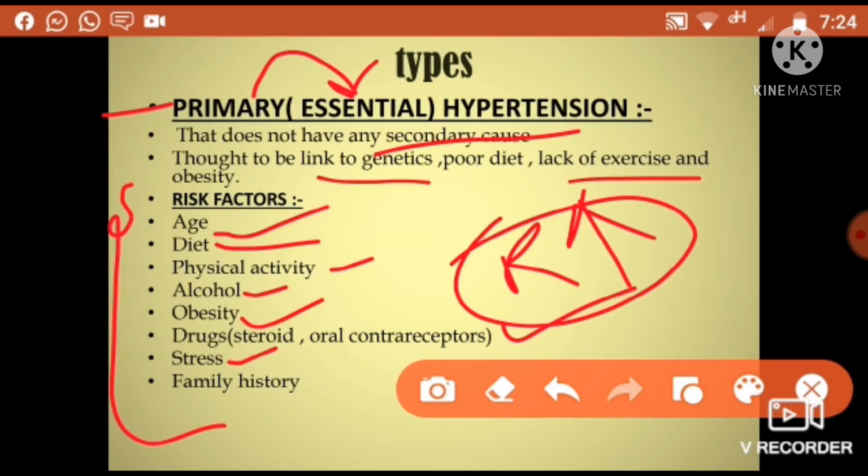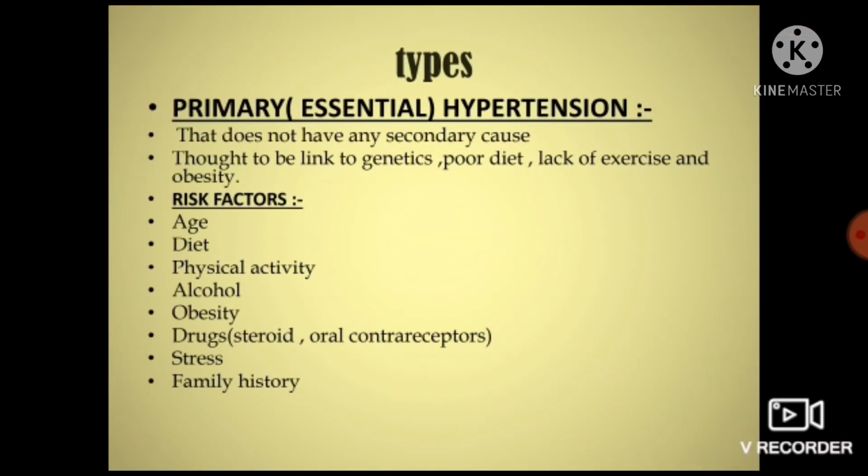Psychological stress is much higher in our days, like during corona cases. Whenever we are stuck in our houses, our activities are bounded, and our mind is just circulating around here and there, with no far activities present. So stress is very important. And the last factor is family history. Family history is also very important because we studied that it links to genetics.